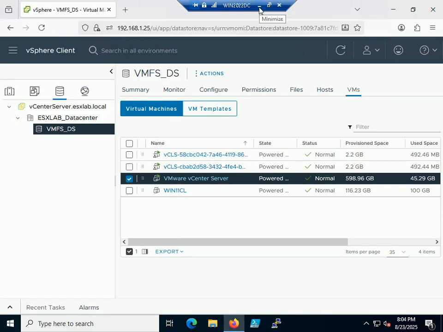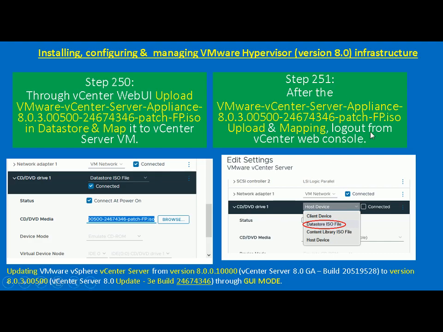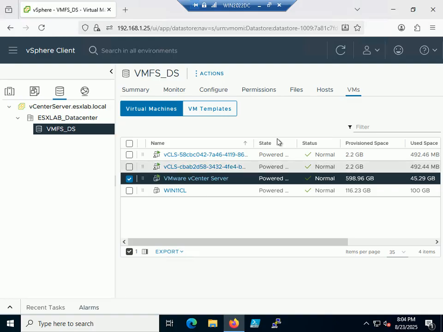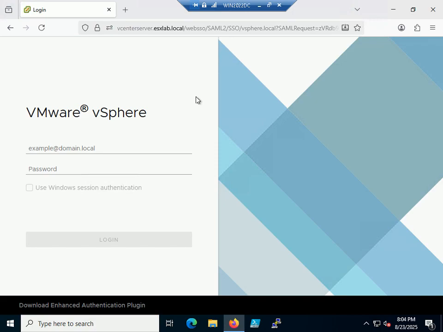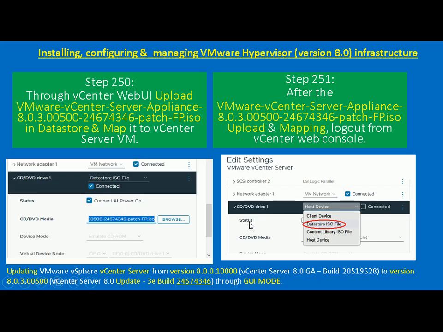Now after this patch FP ISO upload and mapping, our next step is we need to log out from the vCenter web console. So I will log out here from the vCenter server web console. Now the next step is